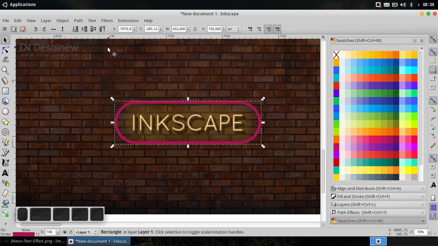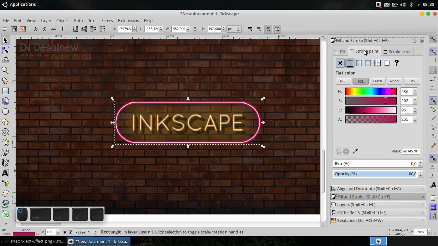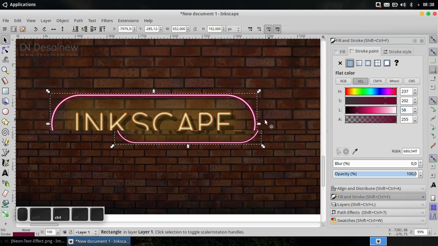Okay, and then click lower selection one step, open Fill and Stroke, and for stroke paint, for the lightness section fill in number 58, and then duplicate with Ctrl D.